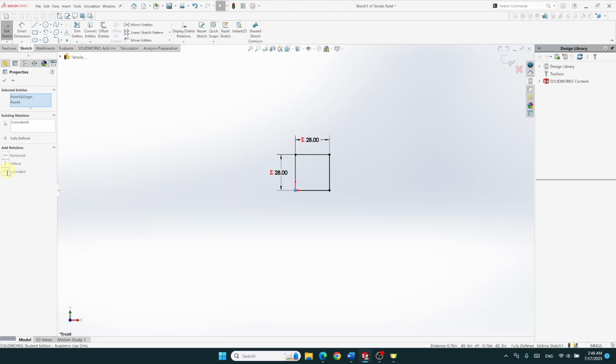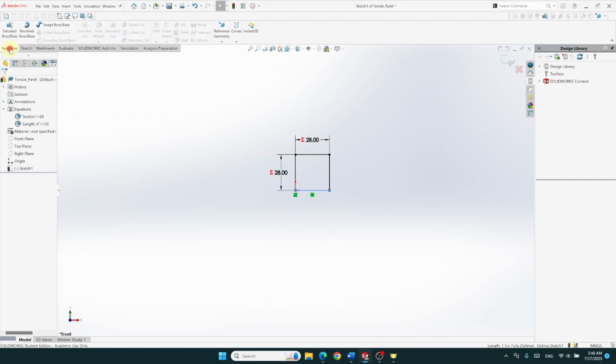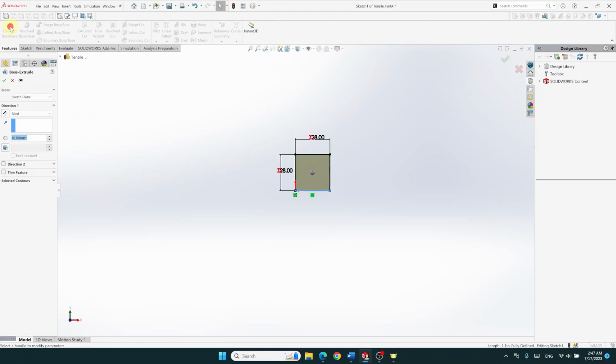That means that my square is now black. I mean, it's fixed on the referential and it will not move anymore. I click Enter. If I try to drag it, I can't in any direction. Okay. And I can click on Feature before I exit my sketch, and I can click on Extrude Boss